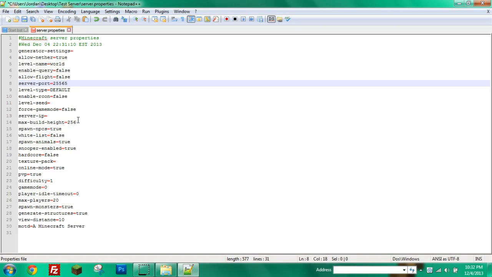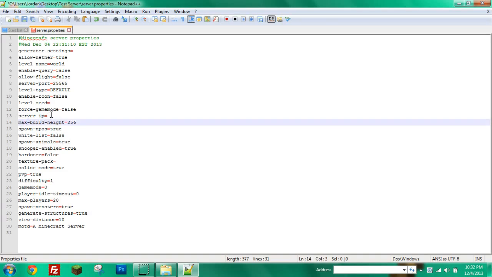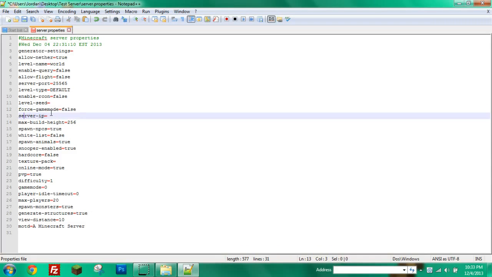You can set a max build height. Well, the server IP itself won't really be used because that's for like dedicated servers, which I will provide a link for one in the description. So then you can learn, or just instead of doing all this, you could just go on that link and